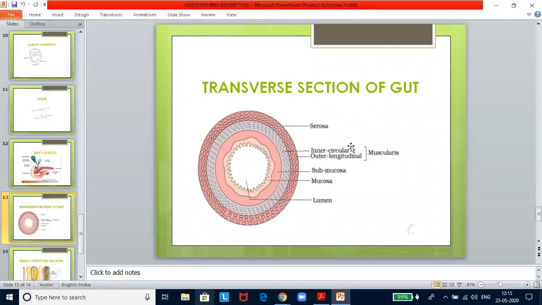External to the submucosa is the muscularis externa, which is formed of a circular inner layer and a longitudinal outer layer of smooth muscles. The outermost layer of the gut is a fibrous coat, and that is called the serosa. The mucosa is the innermost region, forming the mucous membrane, and it is lined by the simple columnar epithelium. Mucosa is produced into millions of finger-like projections called villi.